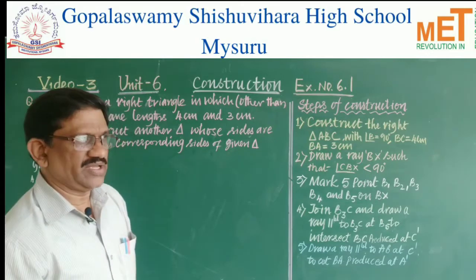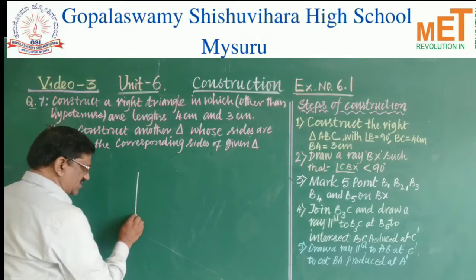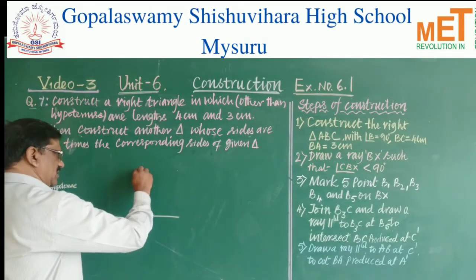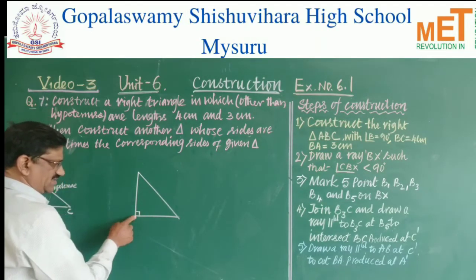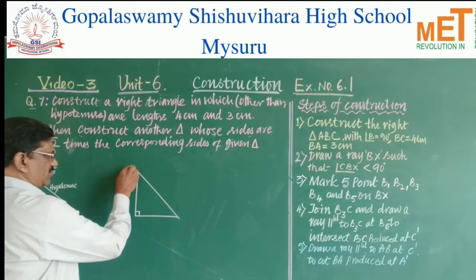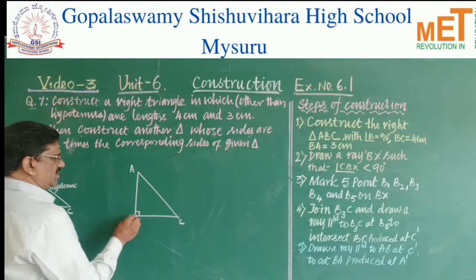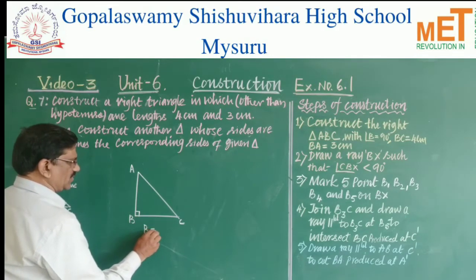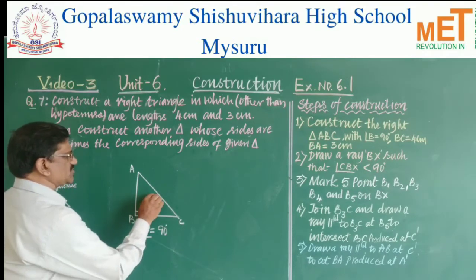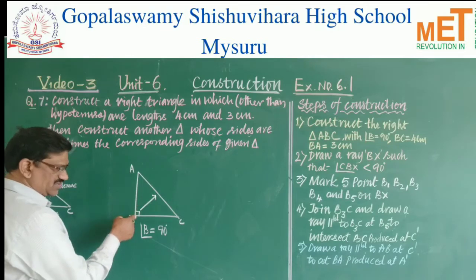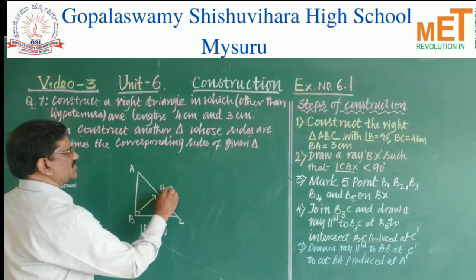Okay. So here you see, children, in a right angle triangle, if you construct a right angle triangle, the side opposite to the right angled vertex, this is a right angled vertex, children. So suppose it is a triangle ABC, in this angle B is equal to 90 degree, isn't it? The side opposite to the right angle vertex, we call it as hypotenuse.